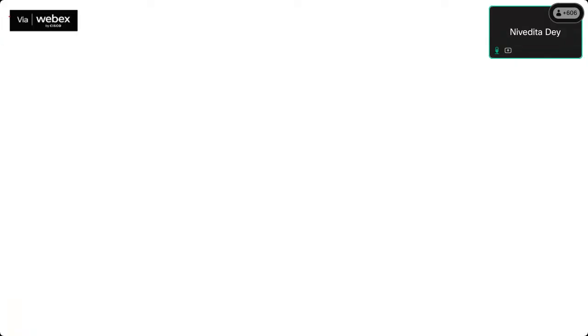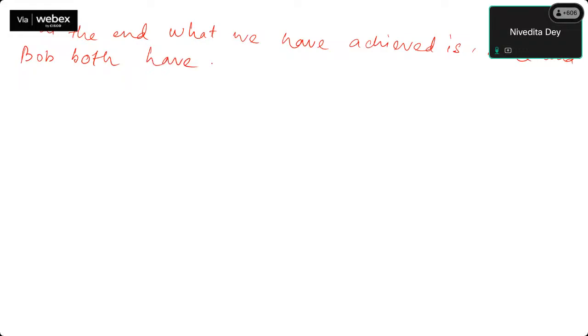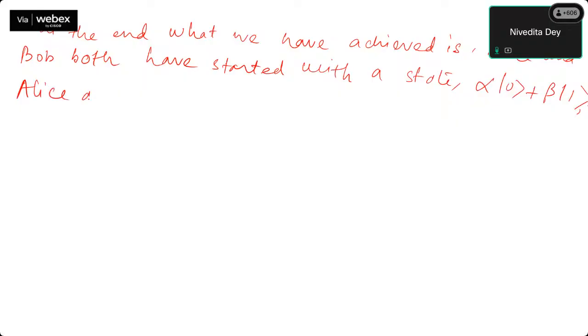So what we can conclude is, at the end, what we have achieved is this: Alice has the state alpha 0 plus beta 1, and Alice and Bob share a Bell pair, which is 00 plus 11 by root 2,